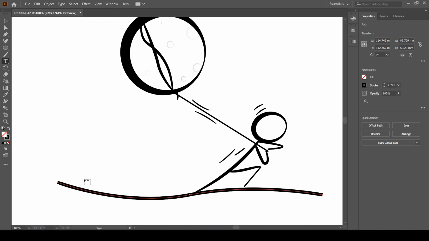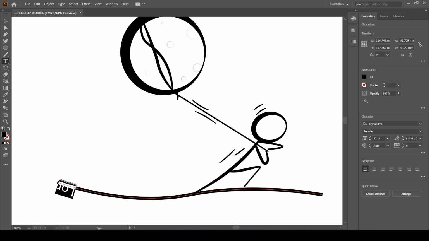When I bring the cursor on the path, it says Type tool, and I'm going to click here, and let's give it a name. Press the Escape key to get out of the edit mode, and now we can see that it's upside down and we want to change that. So as you bring it to this line and you move it a little bit to the left until the whole sentence is visible, the next thing you want to do is pull the center line towards the top.